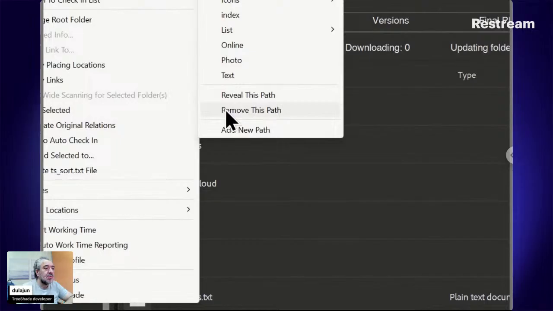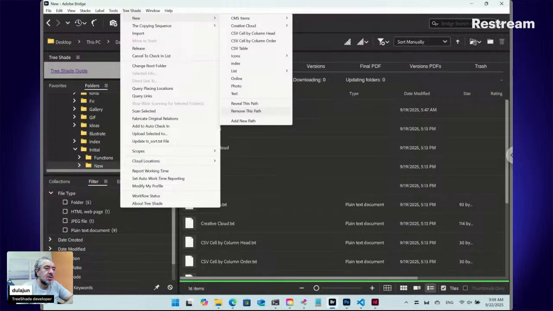I'm not sure if you can remove this submenu or not, because it's loaded depending on the register that TreeShade depends on when first starting. Anyway,